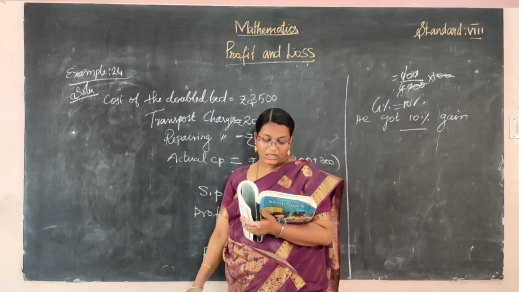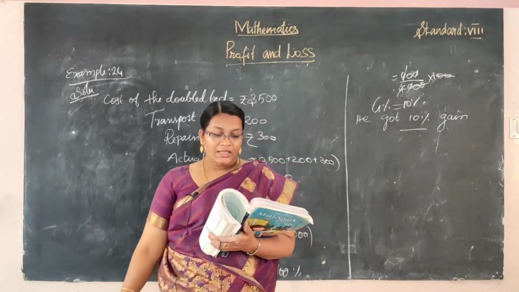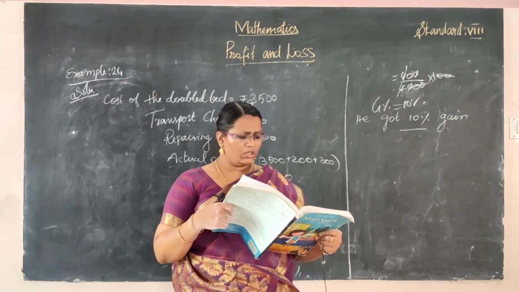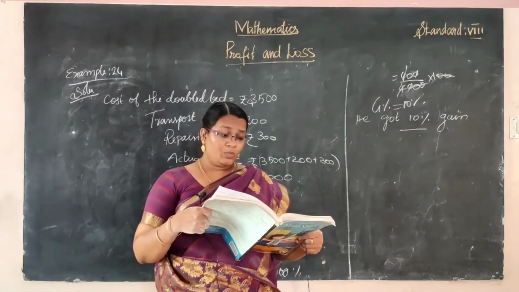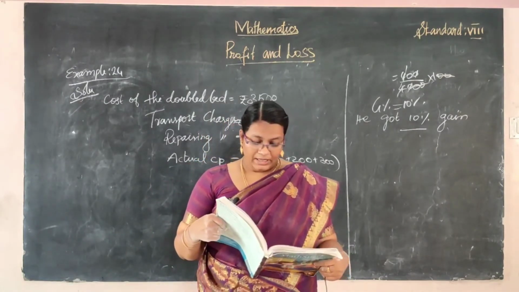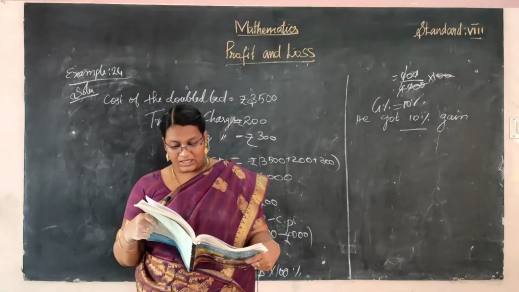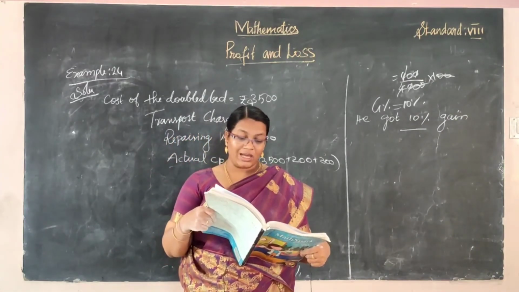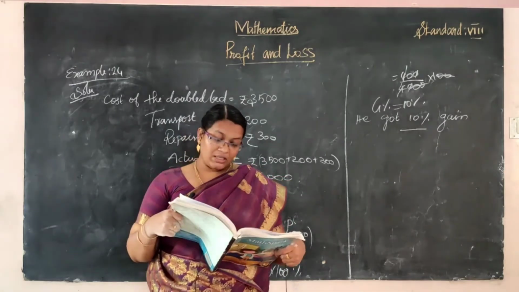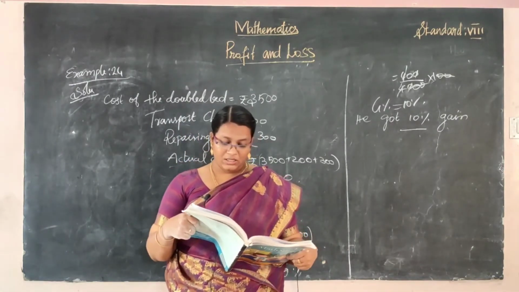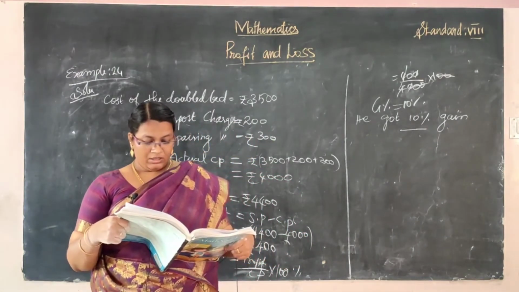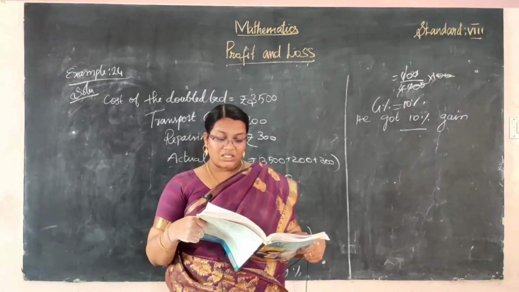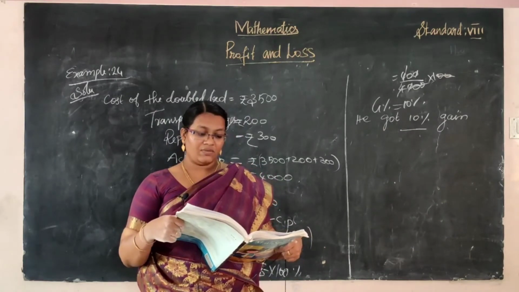Okay, right. And next one, example 25. A dealer purchased an old water purifier for rupees 3,500. He spent rupees 1,000 on its repair. So here also the same one, add these two values. Okay, and sold it at the profit of 12%. So profit percentage is given. So what was the selling price of the water purifier?